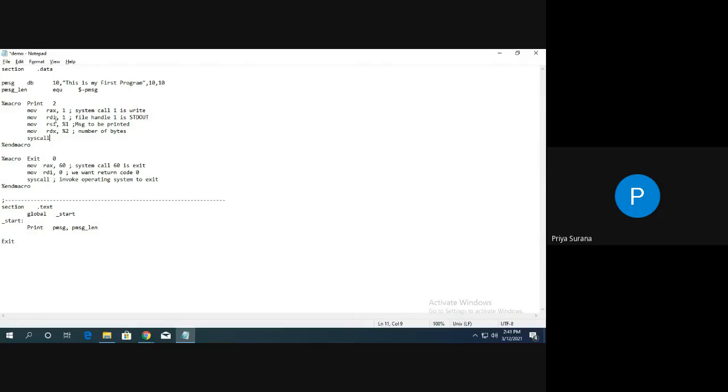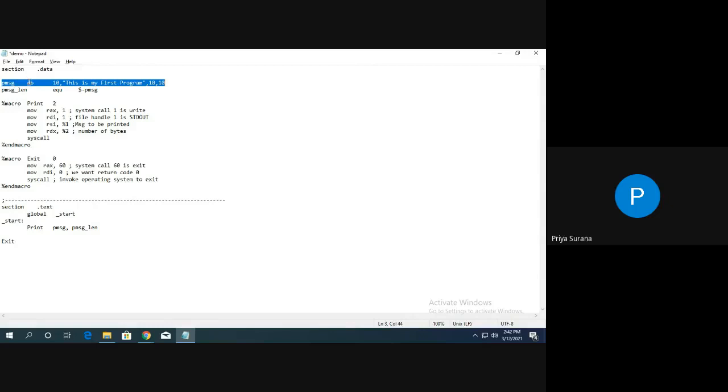Now, related to this basic, simple program I am discussing, that is section dot data. The data section will start from here, where you can declare variables. One more point: whatever messages you want to display on screen within that program should be declared in the data section. Here, if you observe, this program is for printing only one message. This message is declared in the data section. PMSG is the name given for that message of type byte.